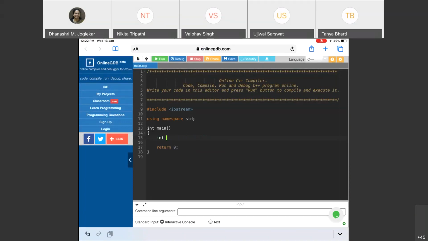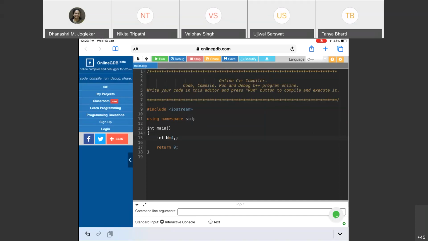Let me define one integer for which I am going to find out the factorial. Let me have this integer initialized to 4, and I'll also need another integer. Here you can define an integer or even a long integer, because if you are finding the factorial of a big number, even I suppose if you go more than 15 or so, then you may end up exceeding the entire limit of this integer, 15, 20. But still we will be checking it only for 4 factorial, 5 factorial or so, and hence we'll work with integer itself.